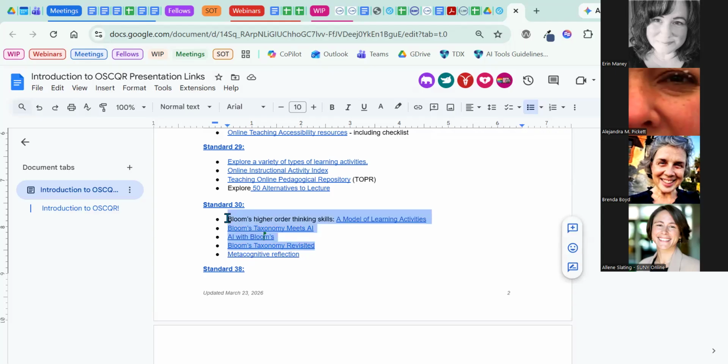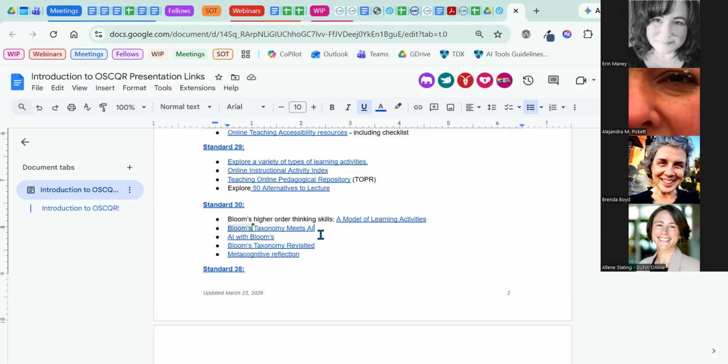I want to mention a little bit about AI and Bloom's, again, related to this particular standard. There's a couple of resources that I've shared in the links document that show what the level of Bloom's is and how AI might be able to assist you with that, and then specifically what tools might be leveraged for those particular use cases. And then there's another one put out by our friends at Oregon State eCampus, a wonderful organization. They have an incredible repository of research related to online learning, if you're interested in that.